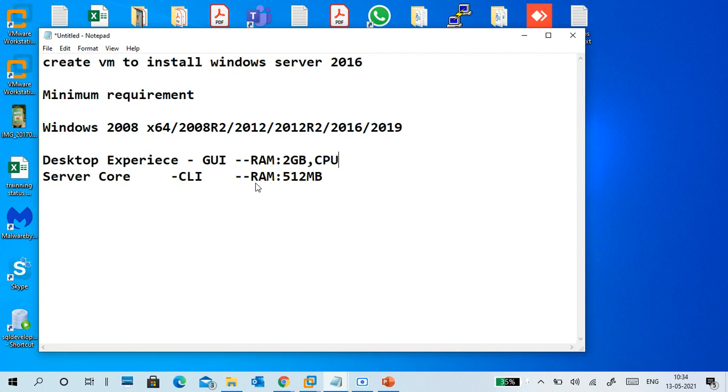If you take the CPU, normally the old one, 1 GHz is enough, but we are using newer editions, so at least a 2.4 GHz processor is required. CPUs are common for both.